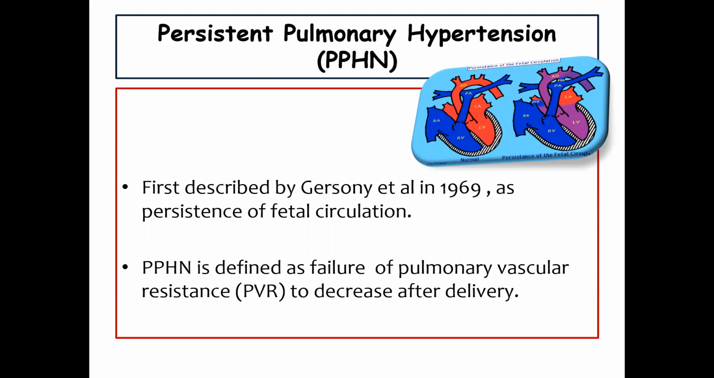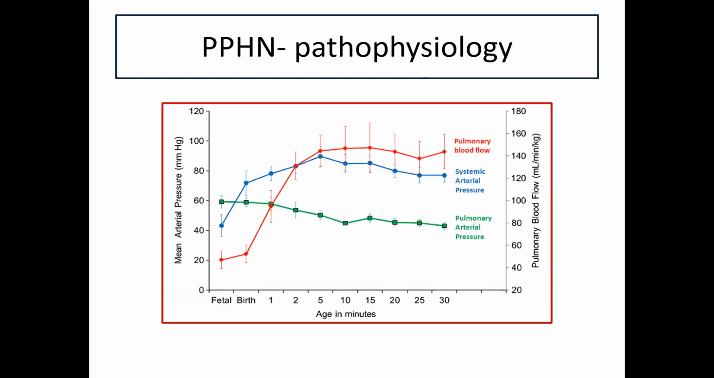So what happens when this transition goes wrong? There comes in this important neonatal problem of PPHN, or persistent pulmonary hypertension, also called persistent fetal circulation. Imagine what happens if the neonate continues to have the fetal circulation. This condition was first described in 1969 by Gersony et al. And PPHN, as we know it today, is defined as a failure of the pulmonary vascular resistance to normally decrease